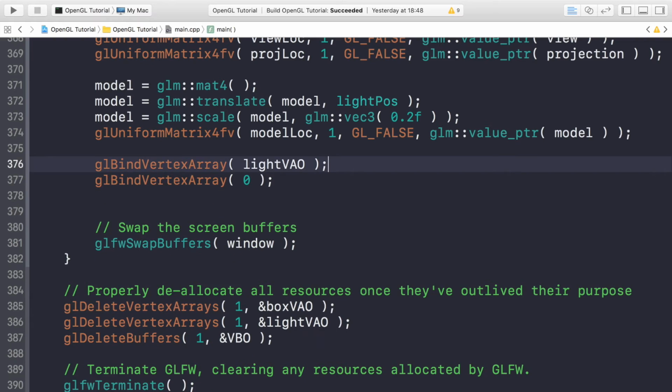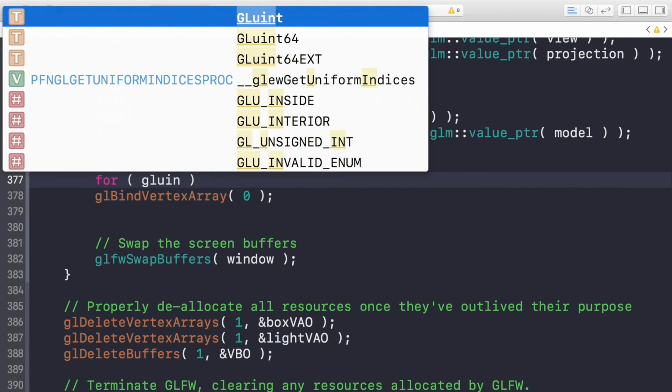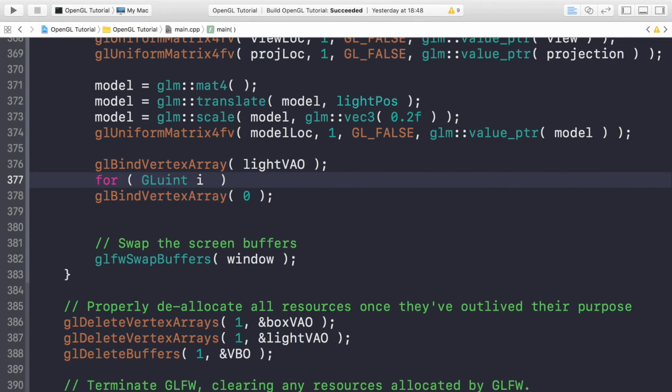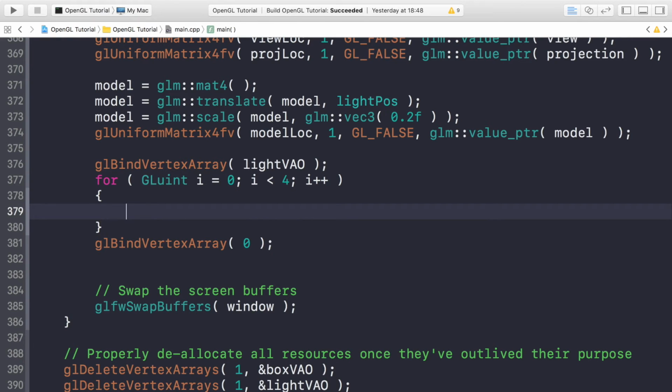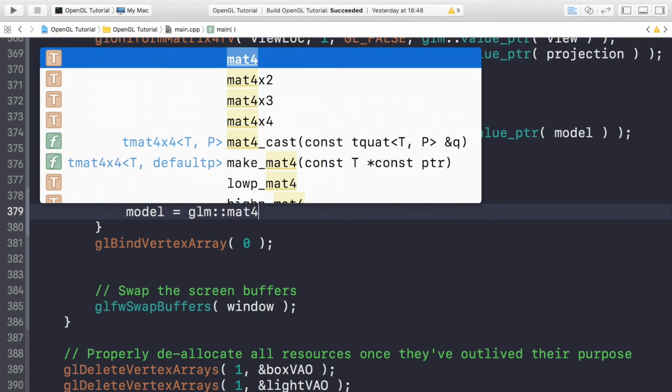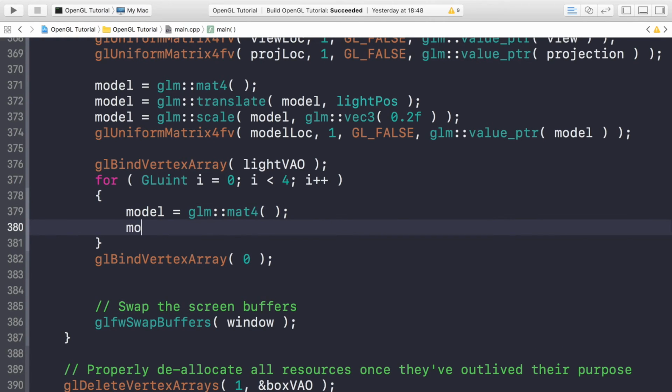This is like the start and the end, but now in between here we're going to do a for loop: GLuint i = 0; i less than 4; and now we're going to do model equal GLM::mat4, a 4x4 matrix. It's all simple stuff we've done before. Model equal GLM